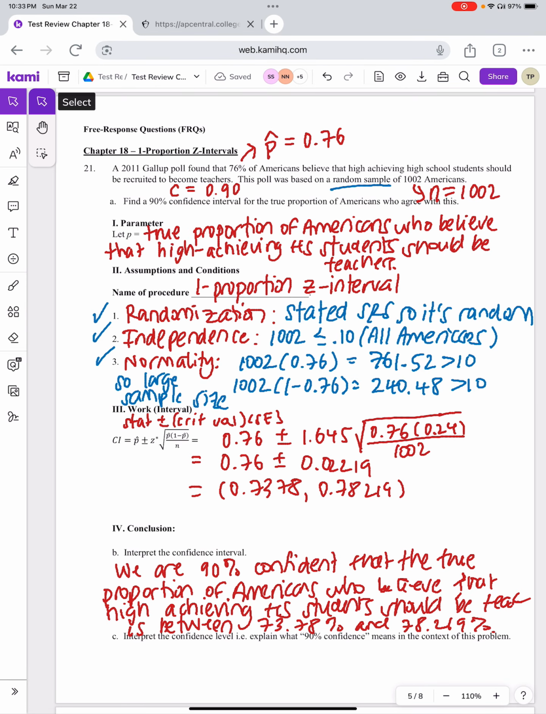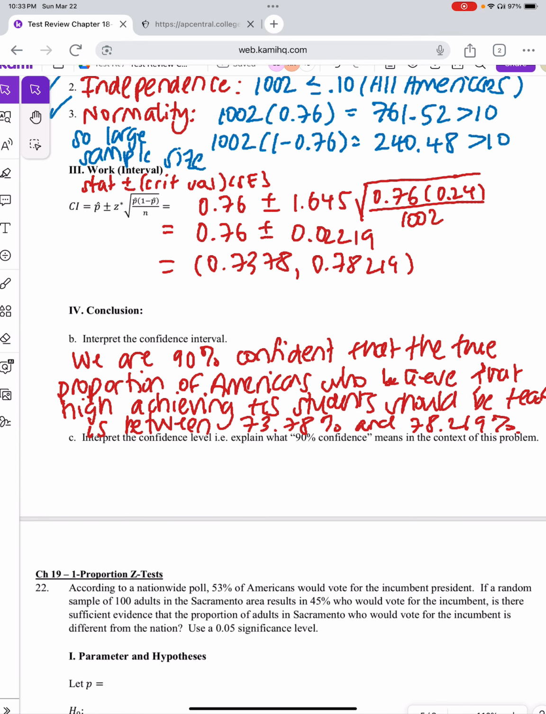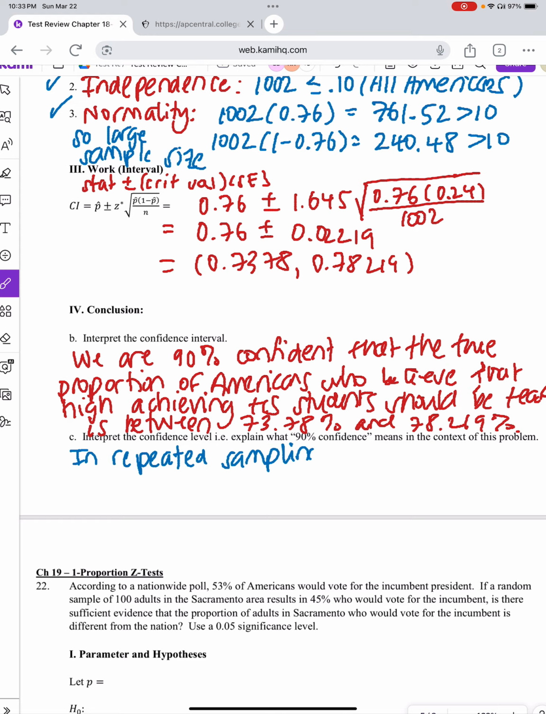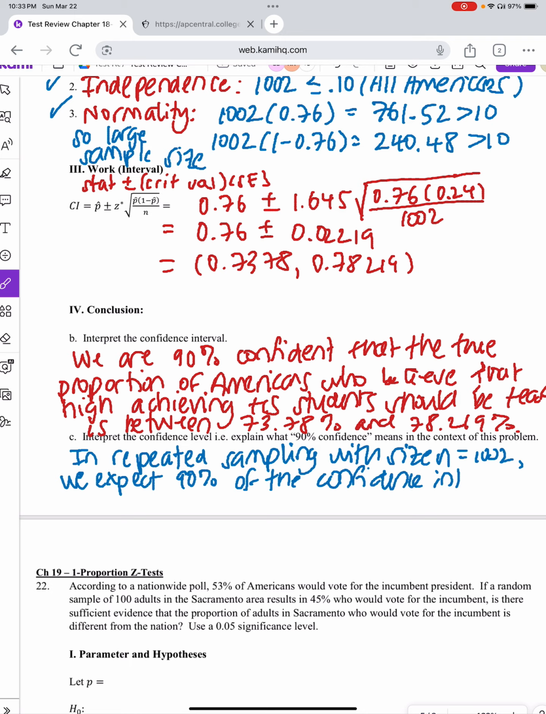To interpret the confidence level, this means that if we were to repeat this over and over again with the same sample size, so I typically start the sentence by saying, in repeated sampling with size n is 1,002, we expect 90% of the confidence intervals to capture